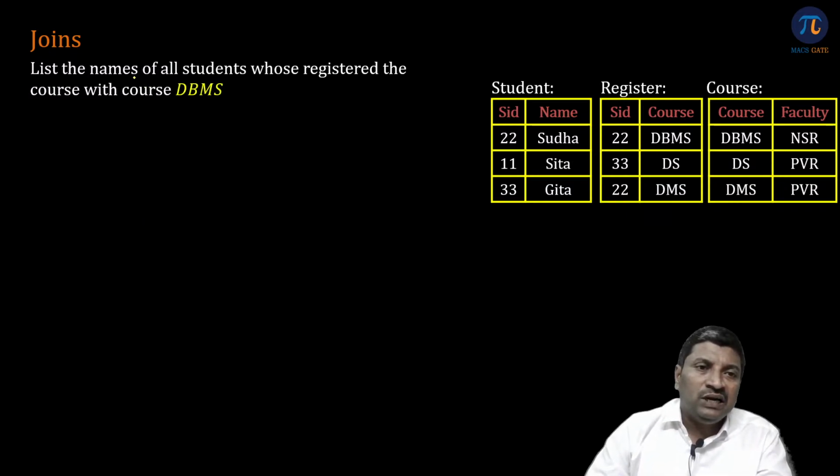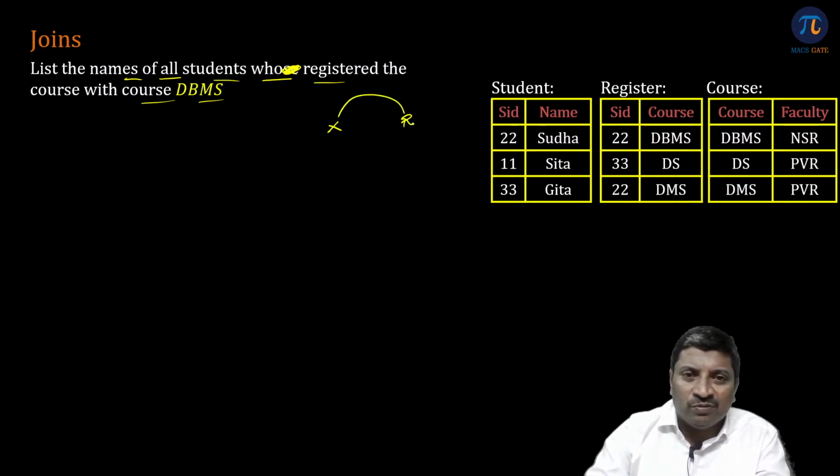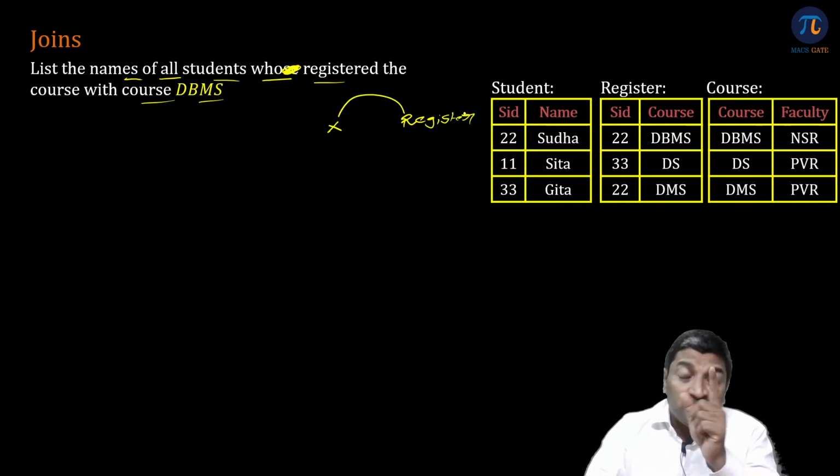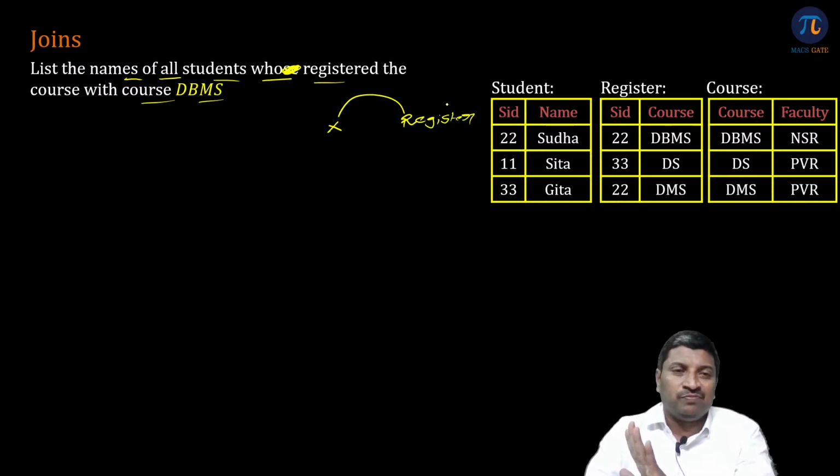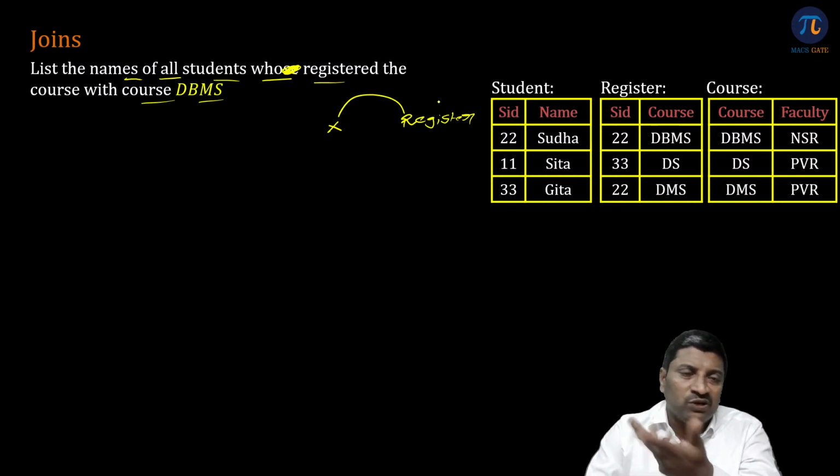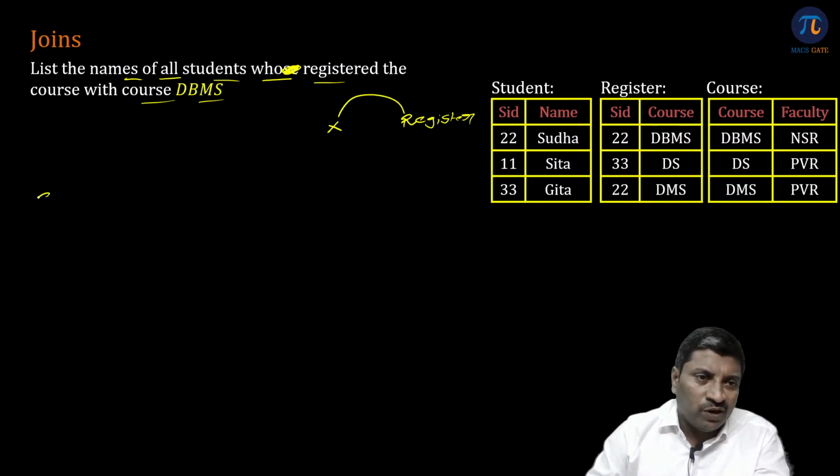Now look at this. List the names of students who registered the course DBMS. Now I don't want all the things. The student will be in the register table, sure, but that registration must correspond to DBMS. If it corresponds to something else, I don't need him, right? So what I can do is select star from